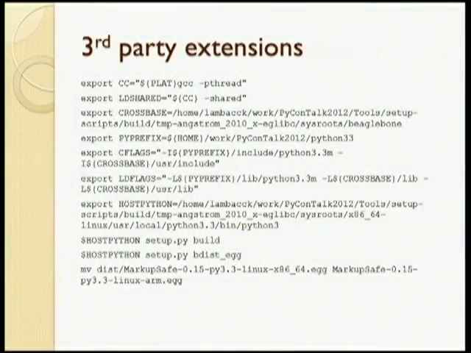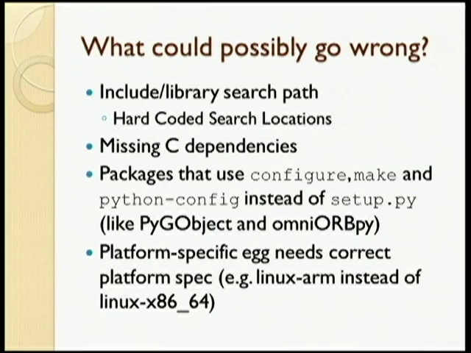And then the last line of this thing here, there's a move command, and that's to do with the bdist_egg. So if you're not familiar with what bdist_egg does, it creates an egg distribution. And in this case, we're creating a binary egg distribution because we have something that's compiled, except that it gets the platform for the name of the binary egg distribution from the host Python. So we need to fix up the name of that in order to be able to have that be recognized on the board if you're trying to use easy_install to install that egg.